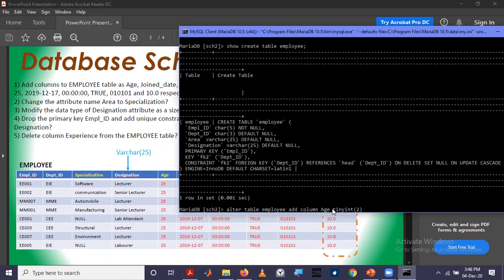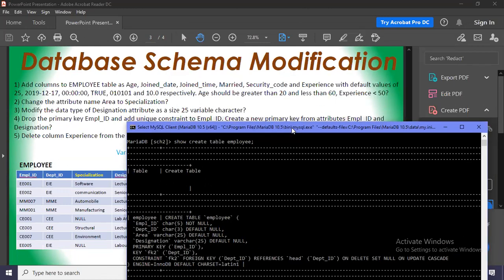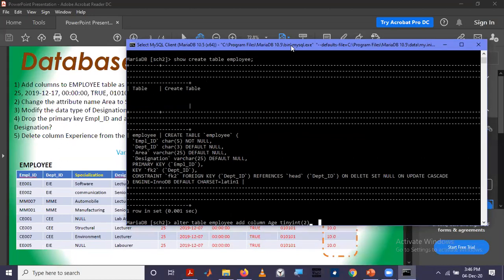So the data type is tinyint 2. And if you remember, there is an additional constraint that age should be greater than 20 and less than 60. To ensure such a constraint, you can use the keyword check.